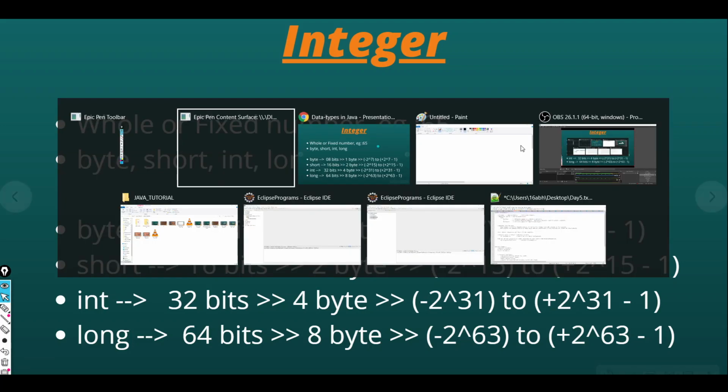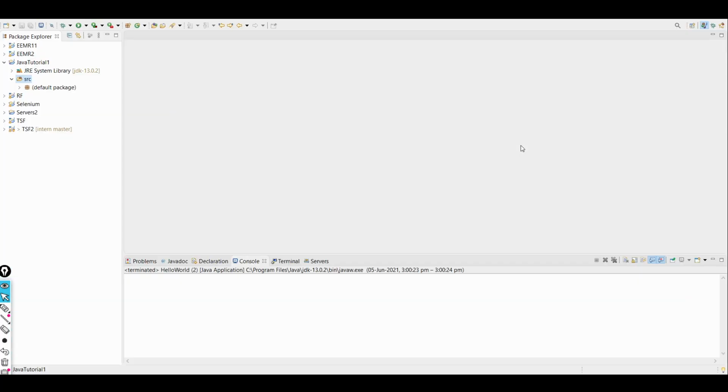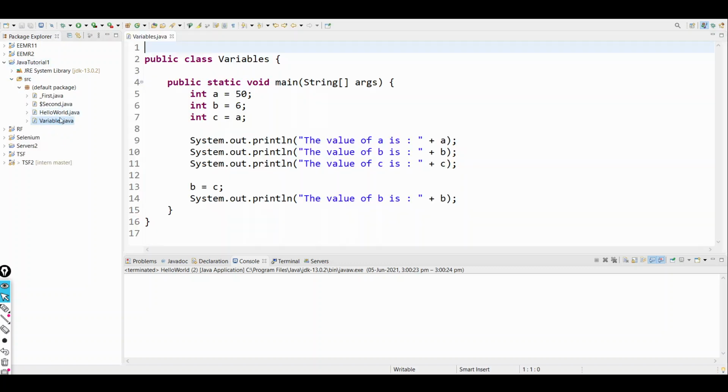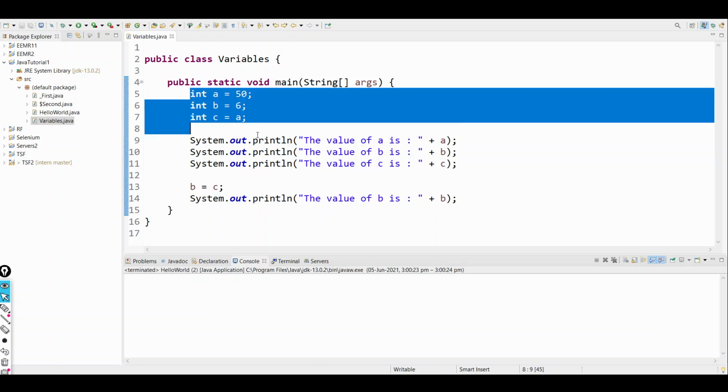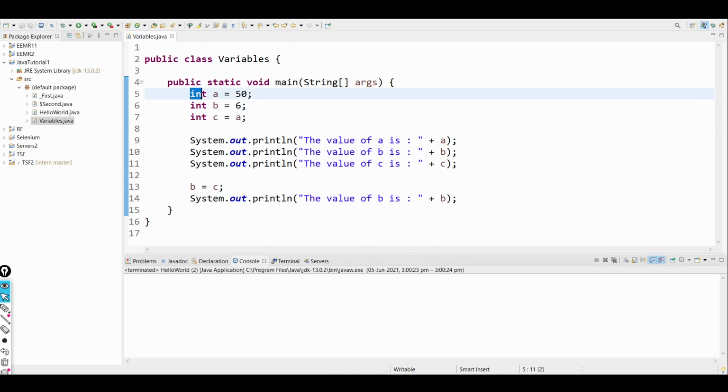Okay, now let's move to the Eclipse. So over here this was our last example, right? In a variable declaration we discussed how to declare a variable, and I said don't worry about this int, but now I said that int is a data type and it is predefined. It is classified under the integer section, right? So the default value will be 0. The range of int is minus 2 power 31 to positive 2 power 31 minus 1, right? So the size varies for all of them. Now we'll just